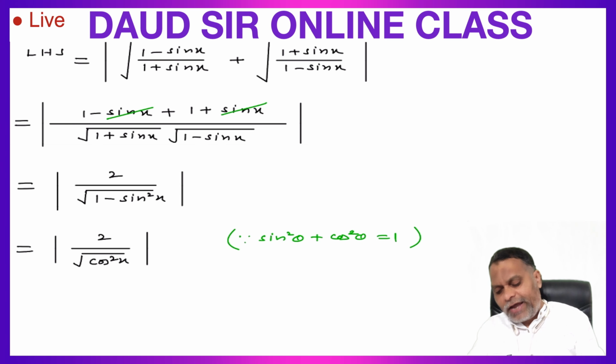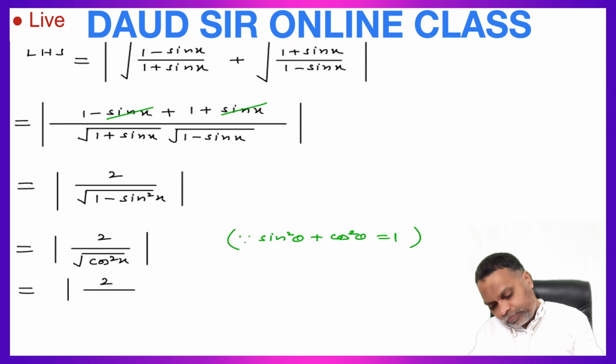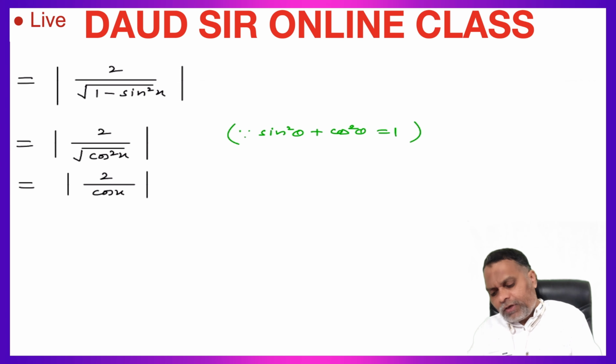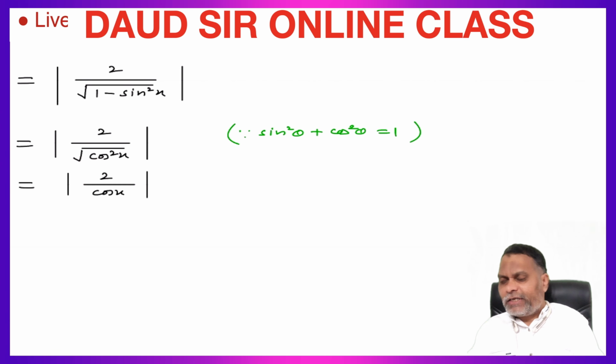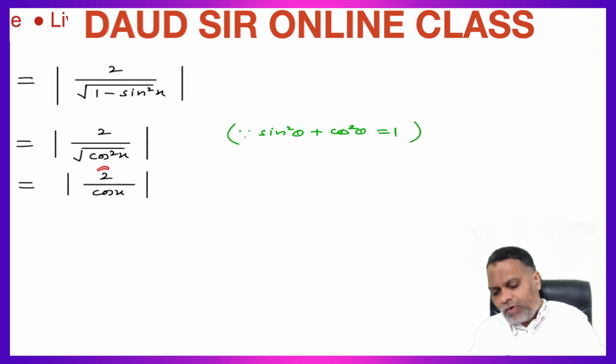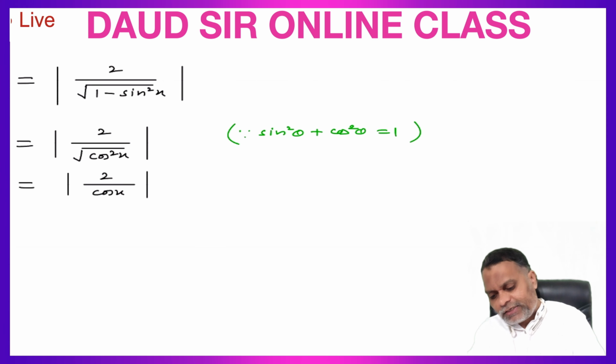Write this cos square x outside the root, which is equal to mod of 2 upon cos x. Now mod of 2 upon cos x. So we have to write this quantity outside the modulus sign. If the inside value is greater than or equal to 0, then we can remove this modulus sign and we can take the positive value. If this value is less than 0 or negative, we have to take the minus sign. So this is cos x. 2 is positive and cos x,